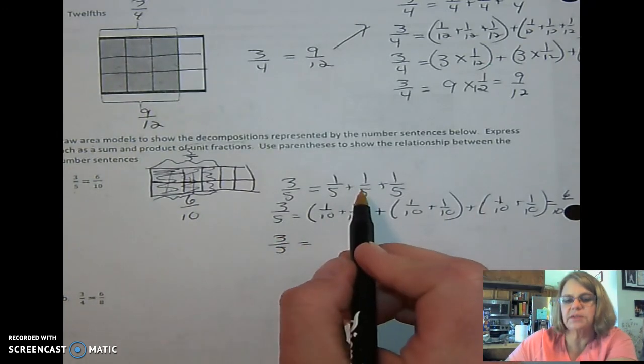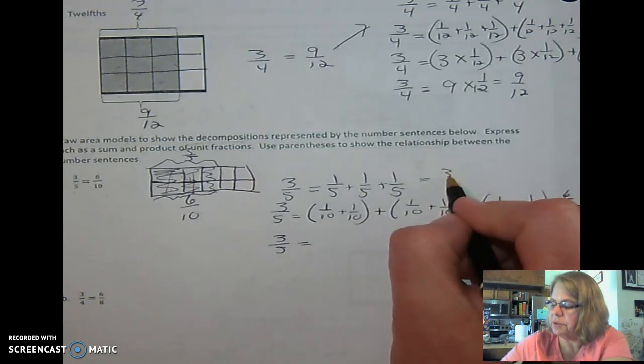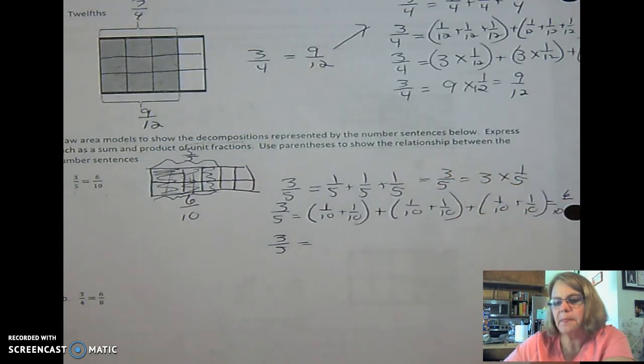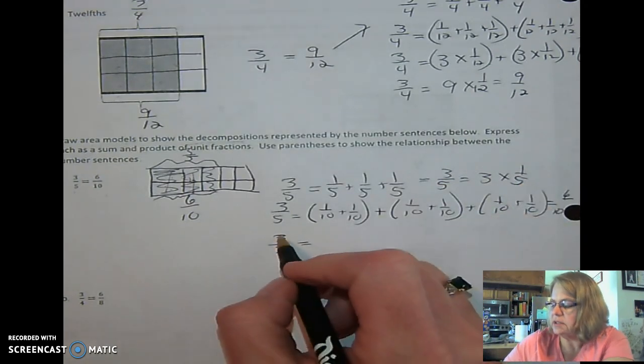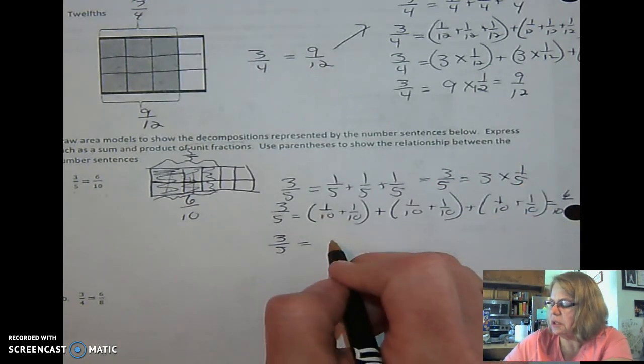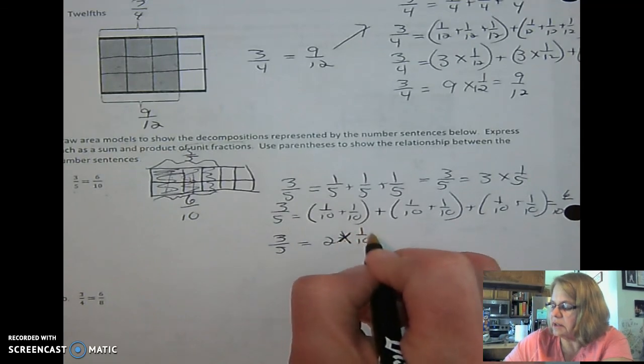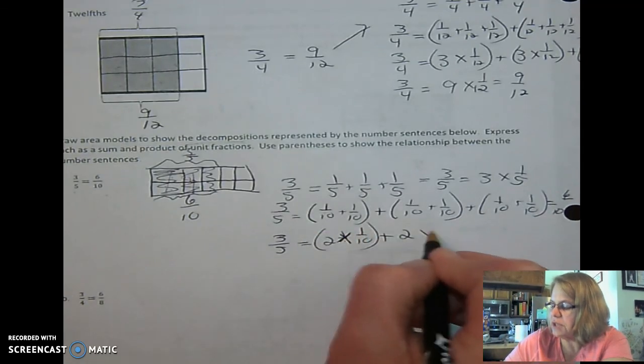To write it as a multiplication problem now, we have 3/5 equals, if we did this one as a multiplication problem, we'd have 3/5 equals 3 times 1/5, right? We did that in the last lesson. So now we have 3/5 equals 2 times 1/10 plus 2 times 1/10